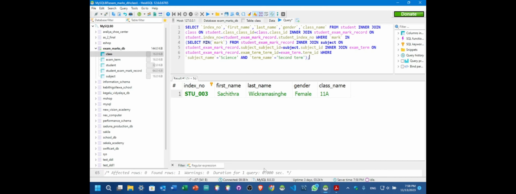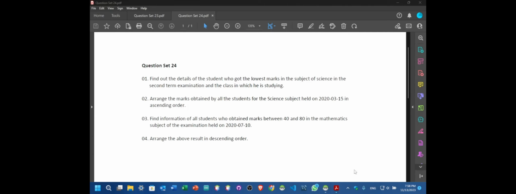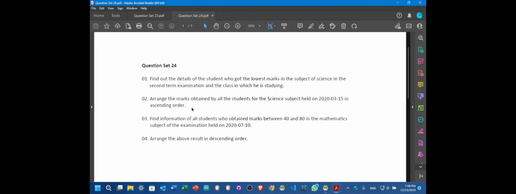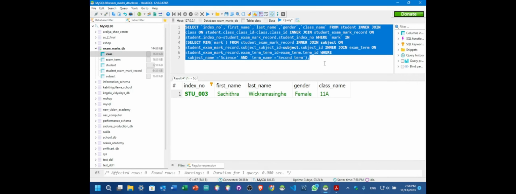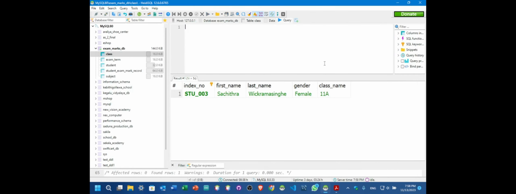So now we can move to question 2. Question number 2. Arrange the marks obtained by all students for the science subject held on this date in ascending order. So we can select mark from student exam mark record table